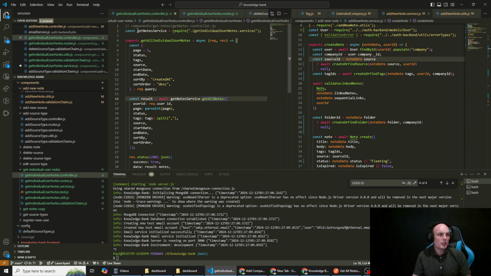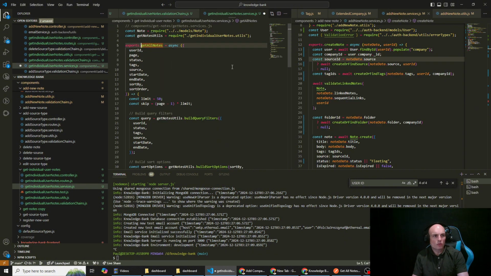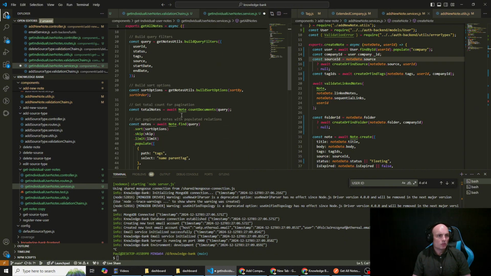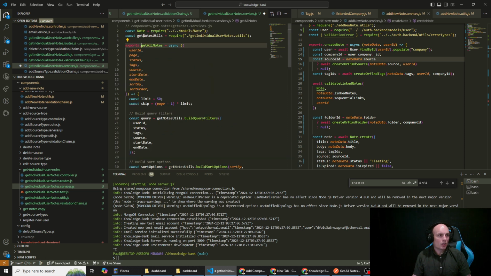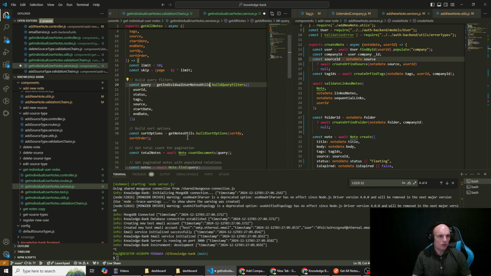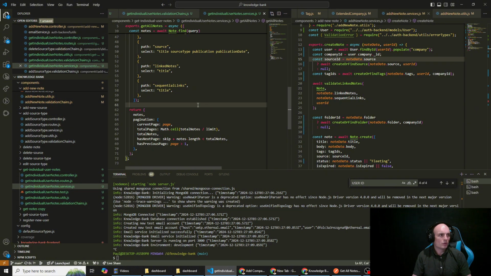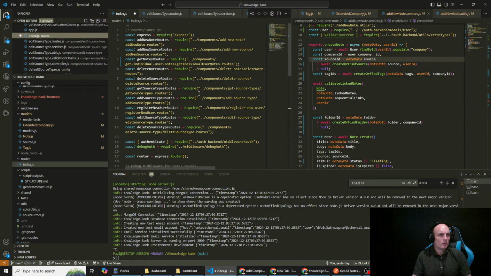So this should be get individual user notes service. Get all notes, I think is fine. Get notes util. We'll call this get individual user notes. Copy, paste, save, and then where is it? Get